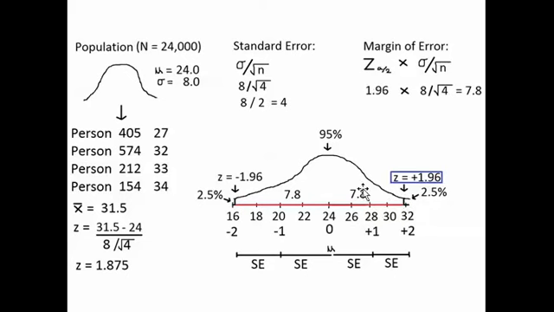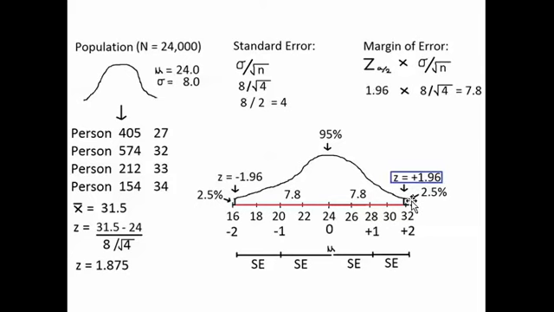And this margin of error is telling us that if we randomly select 4 people from this population and record their ages, 95% of the possible samples would have a sample mean within 7.8 of the population mean in this middle area. Only 2.5% of the possible samples would give us a sample mean out here, more than 7.8 below the population mean, and only 2.5% of the possible samples would give us a sample mean out here, more than 7.8 above